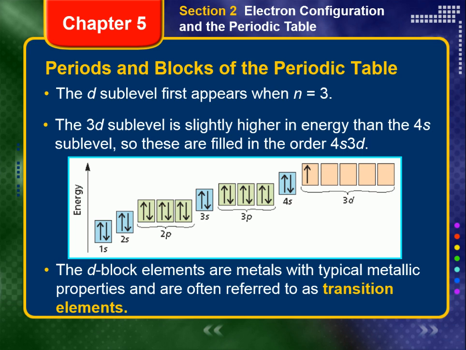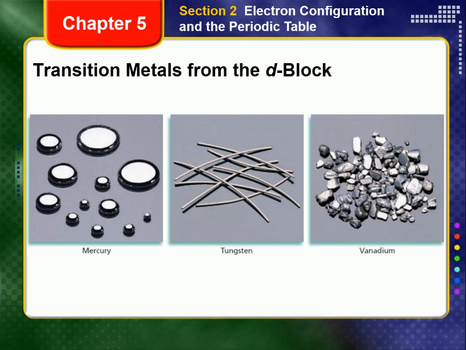As you read in chapter 4, some deviations from the orderly d sublevel filling occur in groups 4 through 11. As a result, elements in these d-block groups, unlike those in s-block and p-block groups, do not necessarily have identical outer electron configurations. For example, in group 10,